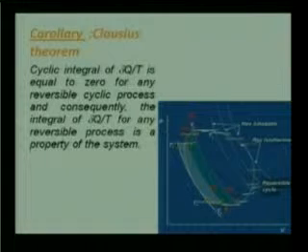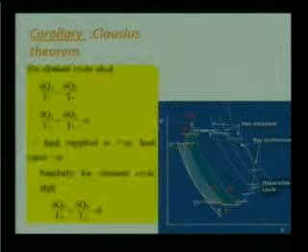Now, based on these two assumptions, we can state the corollary, the Clausius theorem. The Clausius theorem says that the cyclic integral of dq by T is equal to 0 for any reversible cyclic process, and consequently the integral of dq by T for any reversible process is a property of the system. And to explain this,